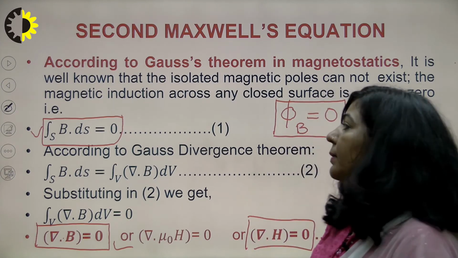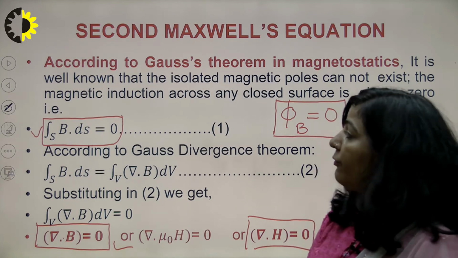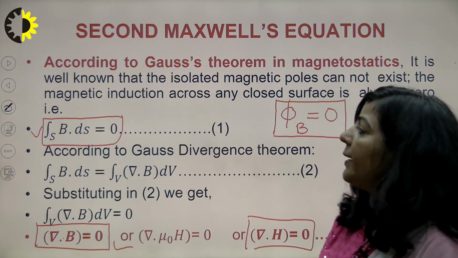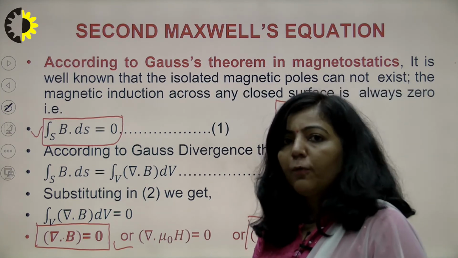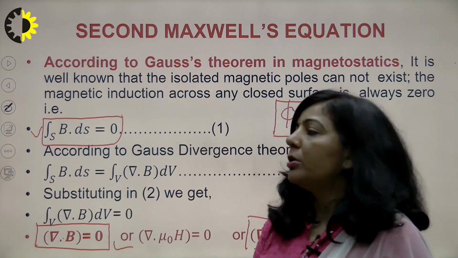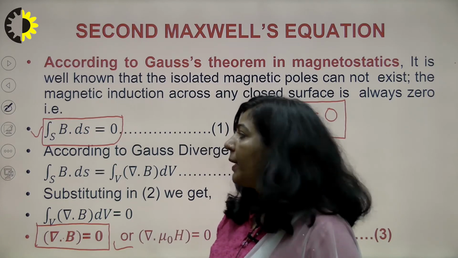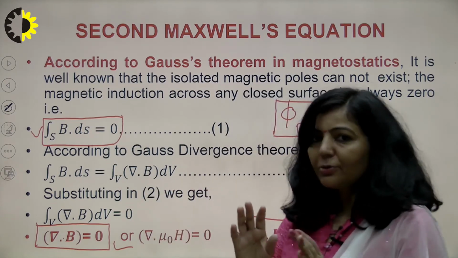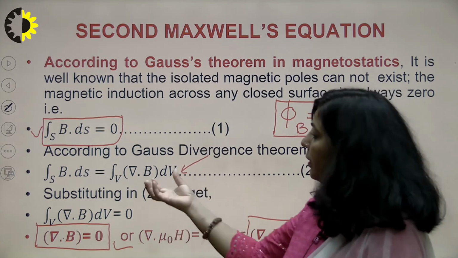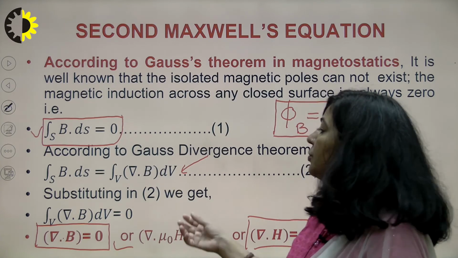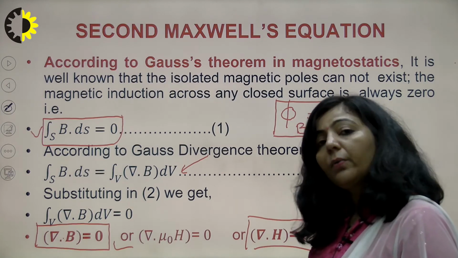Now you can see here that there is no other term which you want to write in integral form. On the left hand side you already have the integral form, on the right hand side you have 0. But you know that Maxwell equations are actually the differential form of these basic laws. So how can you convert this left hand side into a differential form? That is your Gauss law in electrostatics, sorry, that is your Gauss divergence theorem. After applying that theorem, you are getting this. So this term will be 0 according to 1. So from there you are getting del dot B is 0 or del dot H is equal to 0.